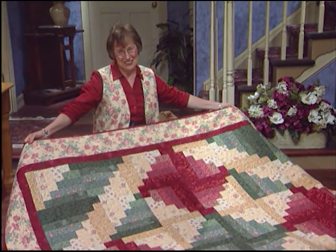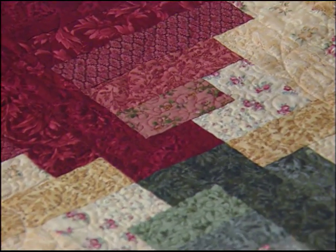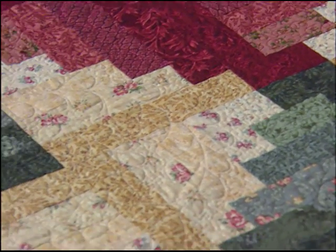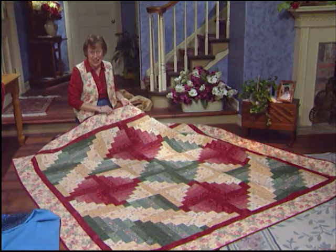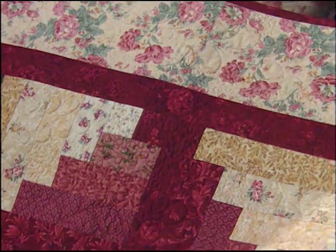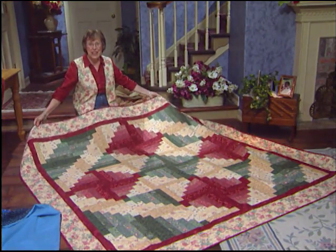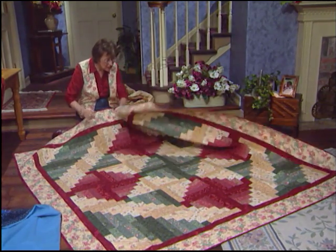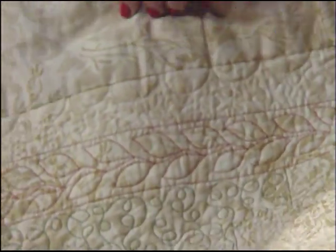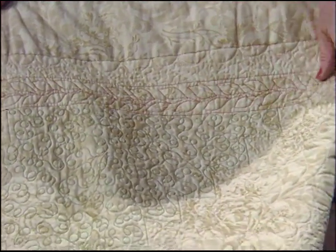Well, this is my latest quilt. It's called the Quarter Log Cabin. It's also made from 2.5-inch strips, or 2.5 strips for 25 years. Now, it's different from the regular log cabin with the block built off of the corner square. This is queen size, and my cousin Carol Ann Slepik did the beautiful quilting on her long arm. If you turn it over and look at the back, you can really see her magnificent quilting. She's got a vine going along in the border right here, and then she stitched feathers in the log cabin